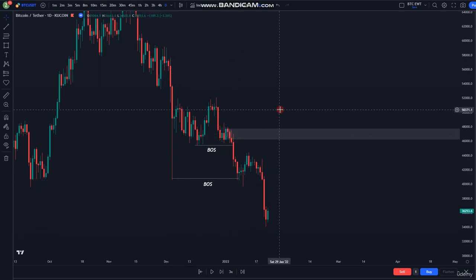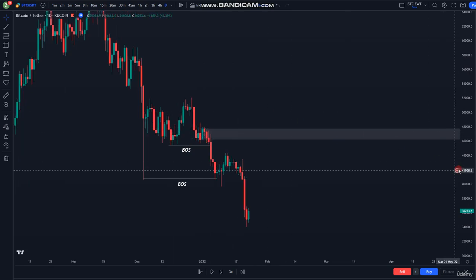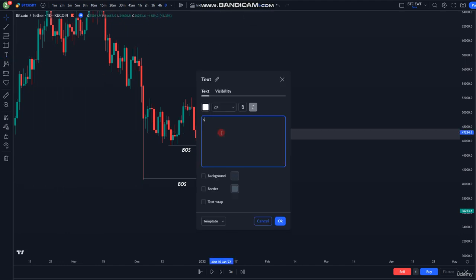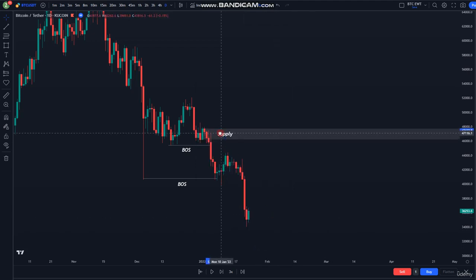So the last uptick candle before a move which comes down and breaks the structure, this is your order block, which is known as a supply zone, because we expect there to be supply in this area. Okay, so I'll mark this out as supply. So this here is our supply zone, and it basically indicates that before a stronger move to the downside, there